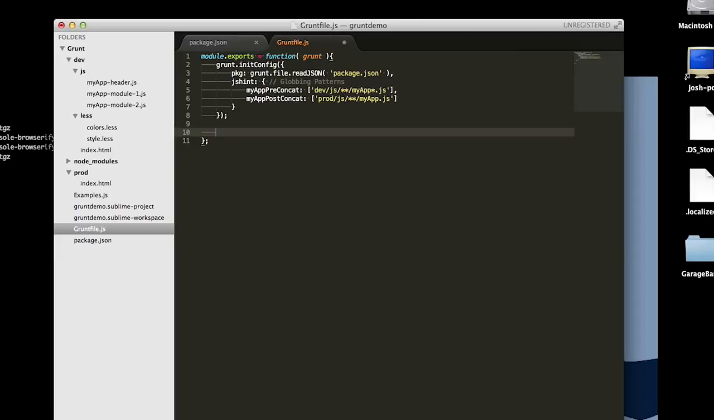So the last thing we need to do to make this a valid grunt file, which technically you can take all this stuff out and it will still be a valid grunt file, but let's not get too technical, is loadNpmTasks. What this is going to do is let it know